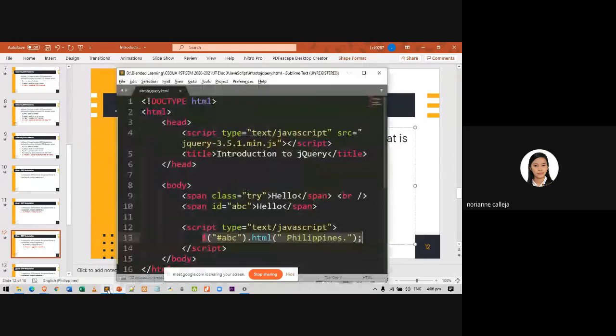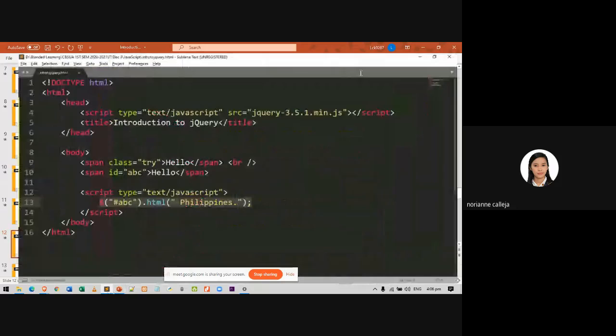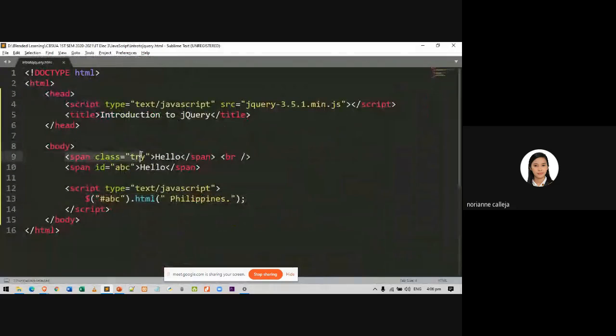Okay, so we have here a span with a class try, and this span tag has this hello text. So I will just be commenting it first, and now I will be selecting that element and append some text to that text.